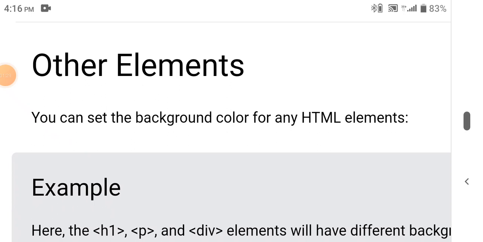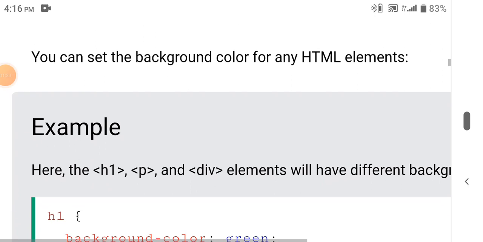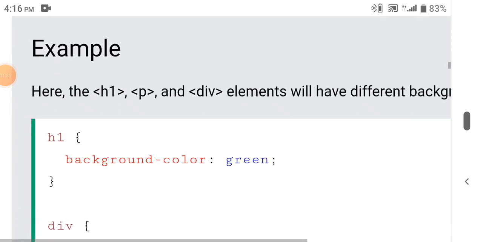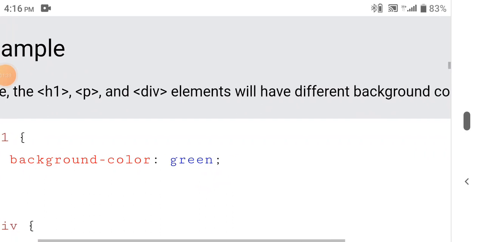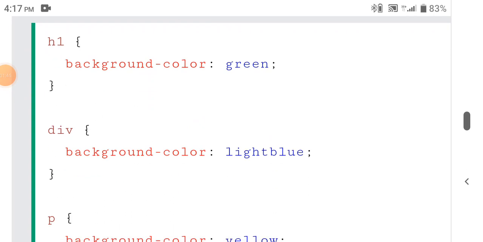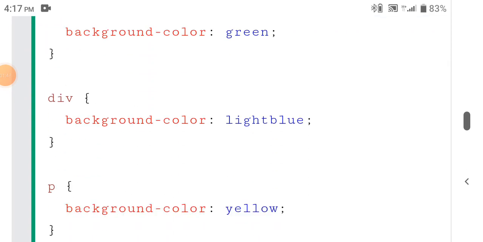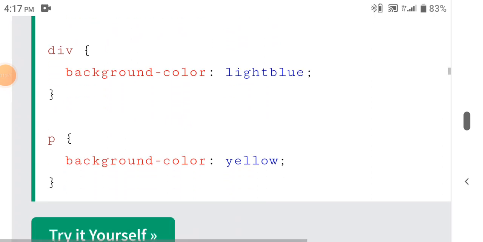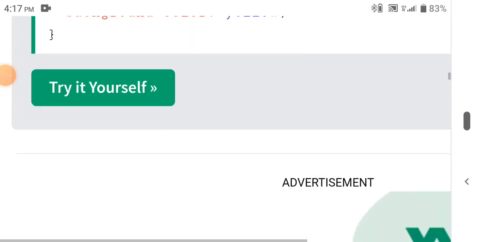Other elements. You can set the background color for any HTML elements. Example: here the h1, p, and div elements will have different background colors. h1 { background-color: green; } div { background-color: lightblue; } p { background-color: yellow; }